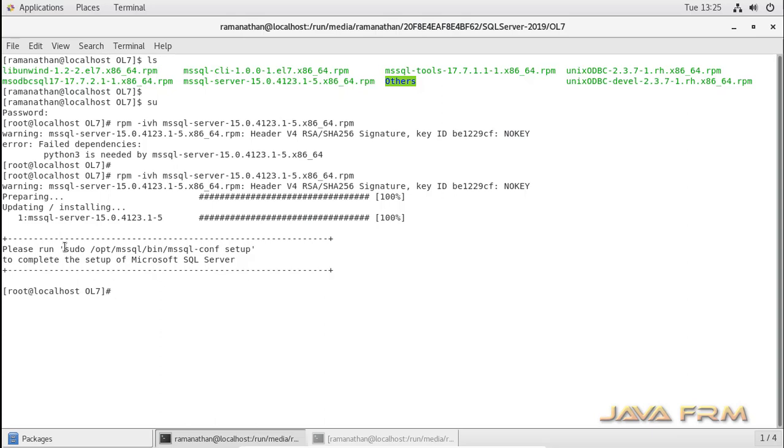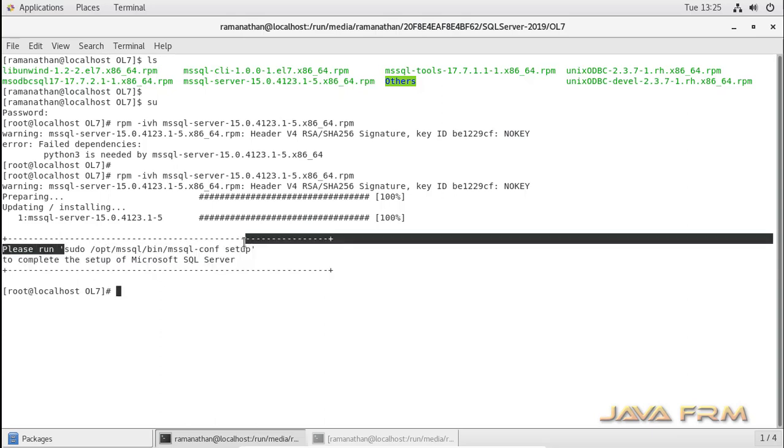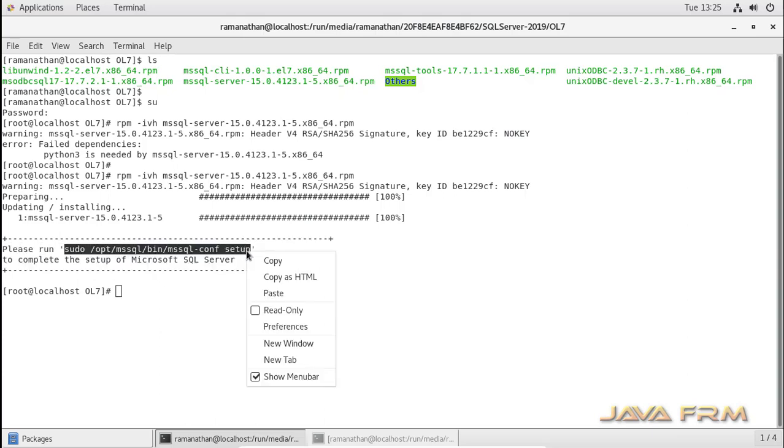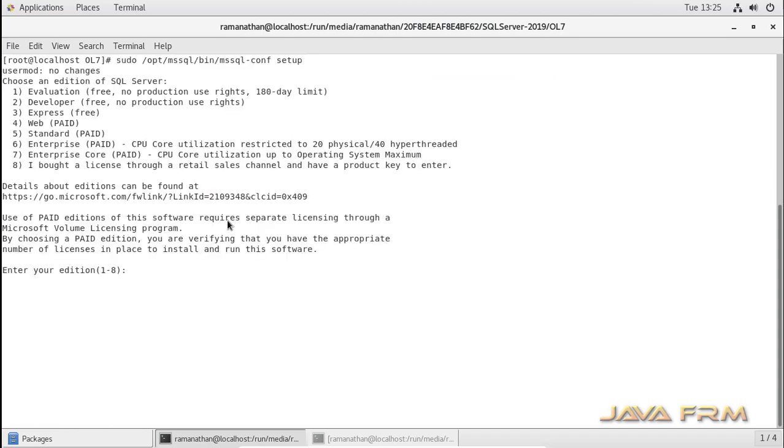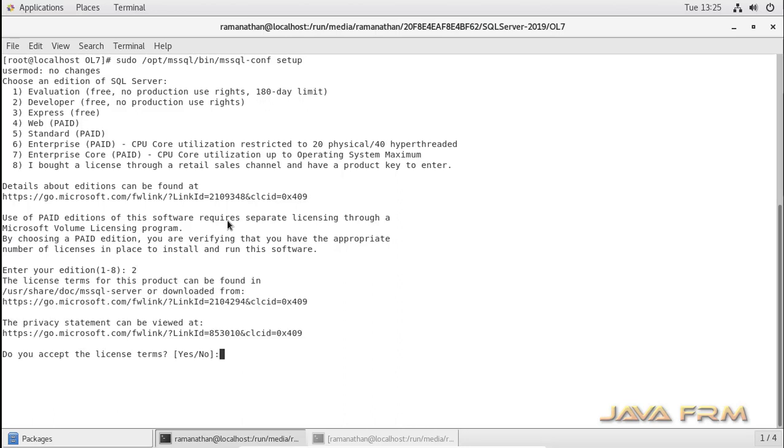So installation is done. Now run this sudo command. This will start the SQL Server 2019 installation menu. Yes, so I can see the installation menu. So I am choosing number 2, developer edition.